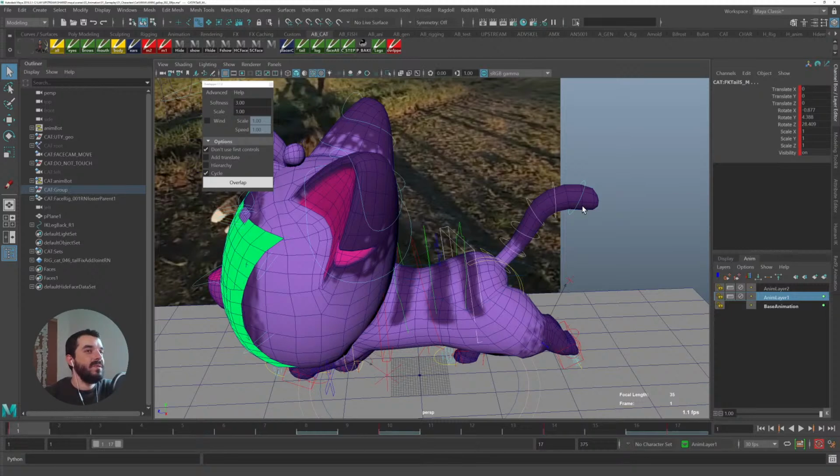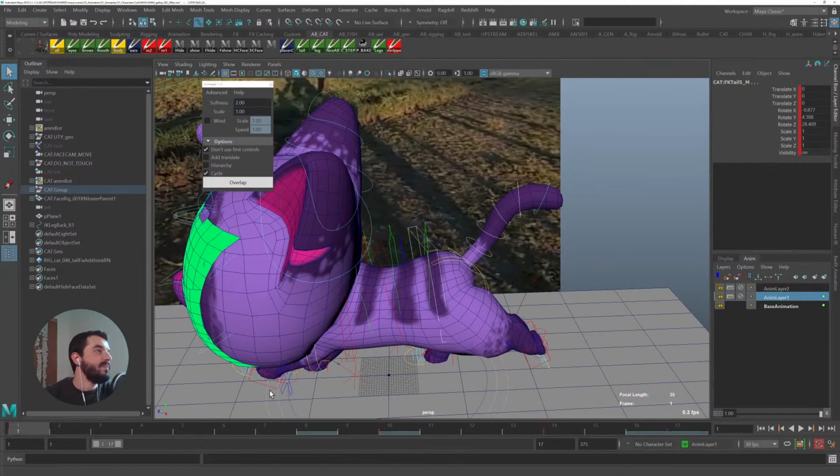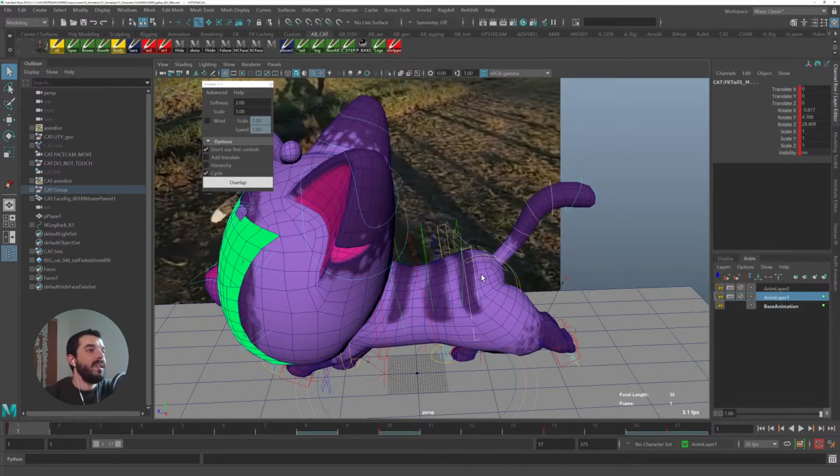What can I do? How can I do it? So don't use first control, softness. I don't know. Maybe I can decrease the softness a little bit. And yes, one thing I can do maybe is make sure I don't have